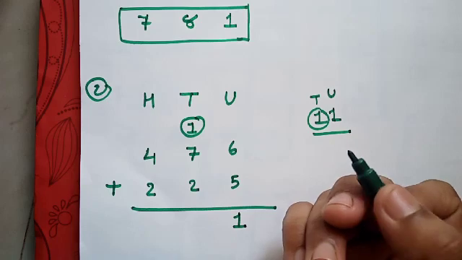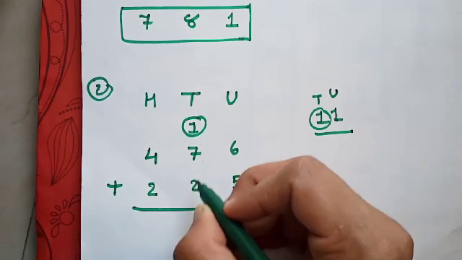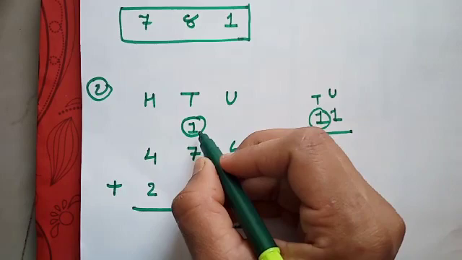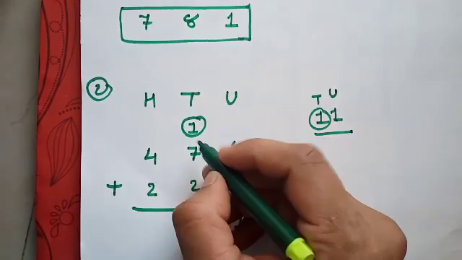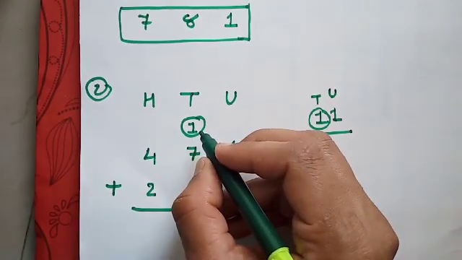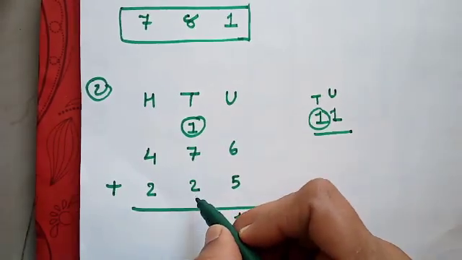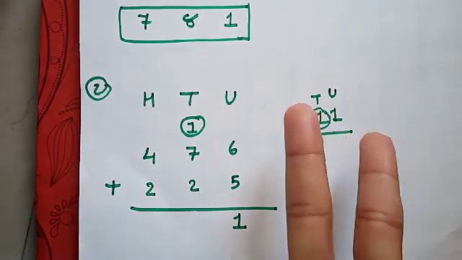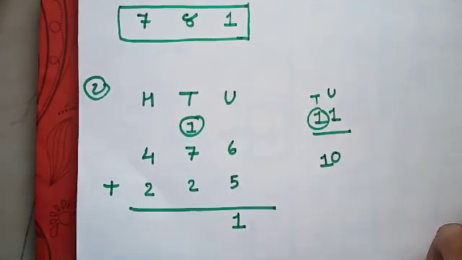like this. Now see here on the tens place, 1 plus 7 plus 2. So we have to do the addition of these 3. First we see here 1 plus 7. Yes, the third number property, we remember that. So 7 plus 1, 7 after which number comes? 8. So 7 plus 1 is 8. 8 plus 2, after 8 you have to count 2 numbers: 9, 10. What happened? Again we get a 2-digit number in our answer.